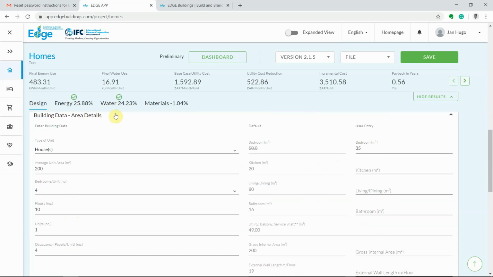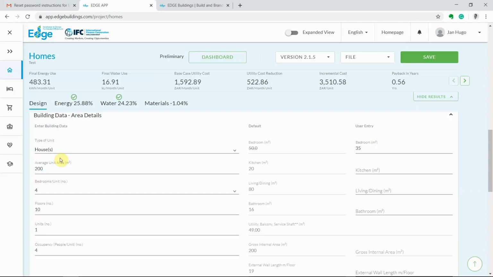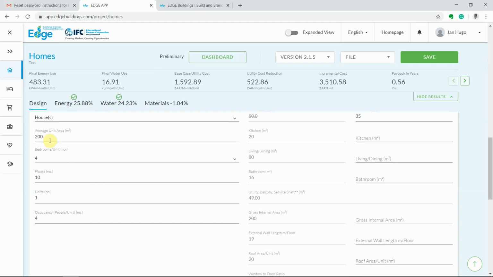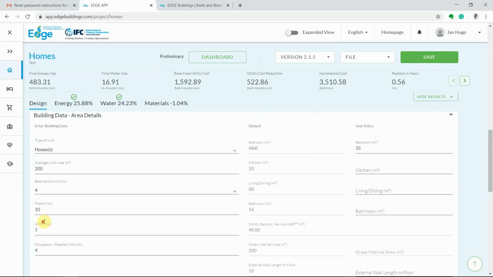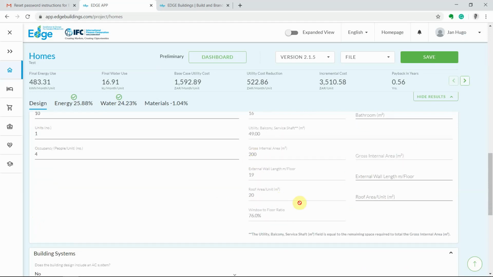As you move down, you need to start adding information about this project. You can choose whether it's, in this case, houses or apartments. Then again, when I choose it, you see it updates a little bit. And then you start adding the information: the square meterage, the number of bedrooms, the number of floors, number of units and so forth, and the occupancy of people per unit. You'll see that it then makes a series of assumptions based on a typical building in the South African